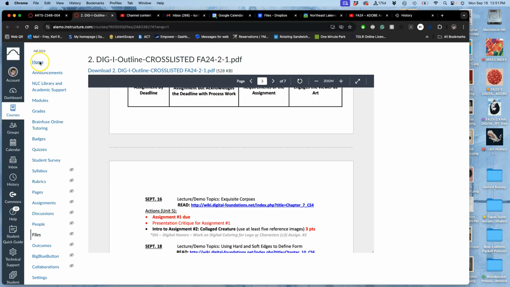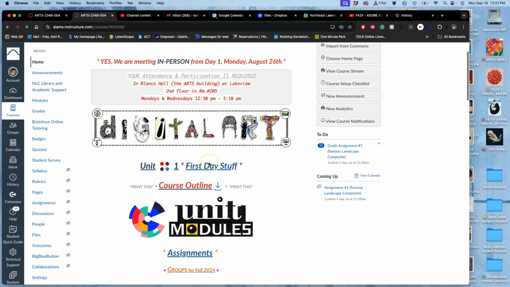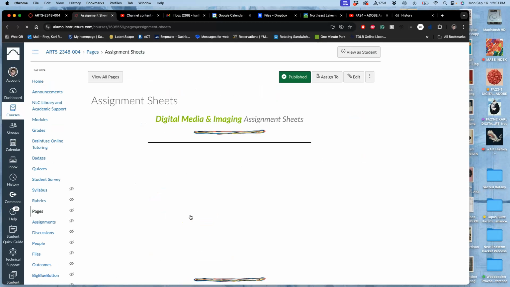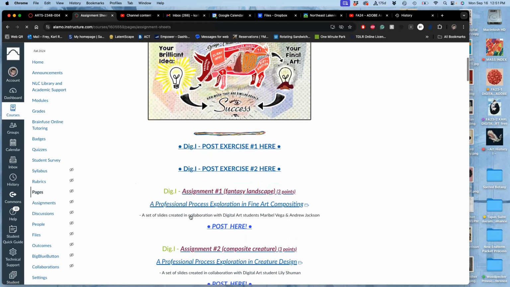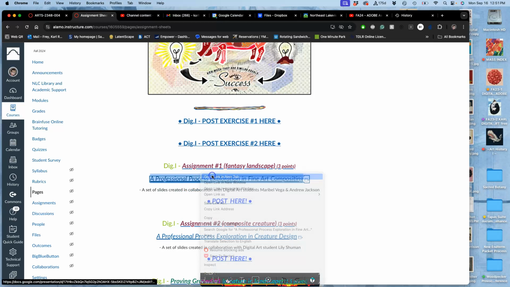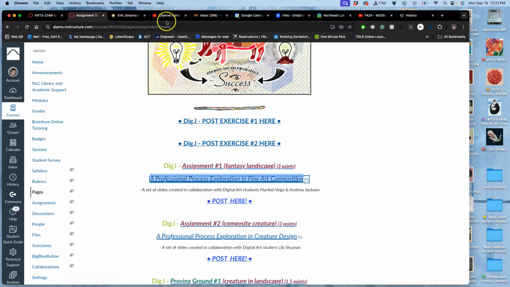So how do I get to the assignments? How do I shortcut to it? I can go right to the home page, go right to assignments. I don't have to go through Unit 4 again. We've already seen that. That's where Question of the Day 1 is contained. And I go to assignment 1. Now assignment 1 has underneath it on the assignments page some extra resources. Think of these as optional reading materials that will tell you a little bit about the professional practice of these